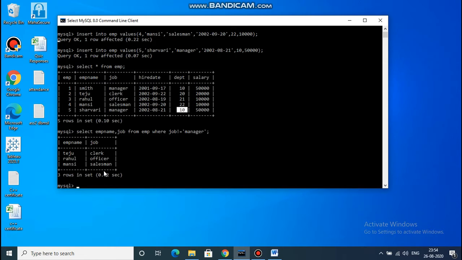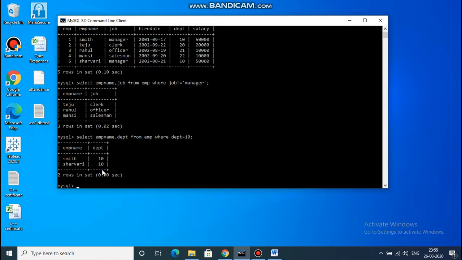For that purpose again we use the select statement: select EMP name, comma department, from EMP, where is the clause, department is equal to 10, again semicolon.